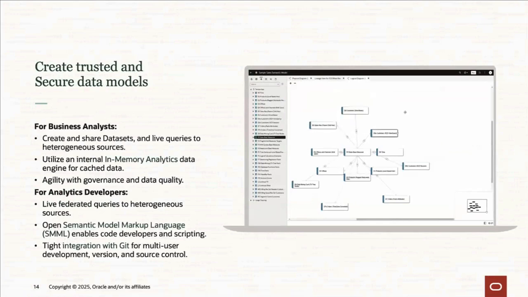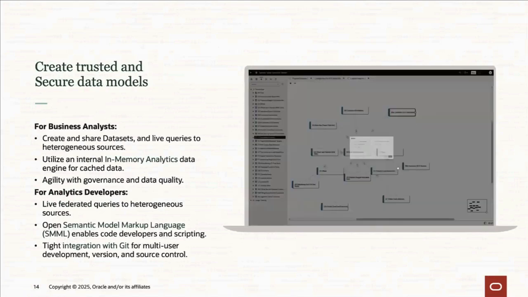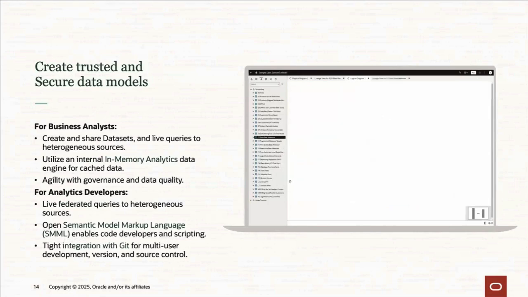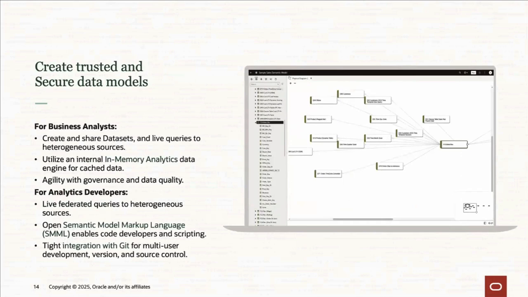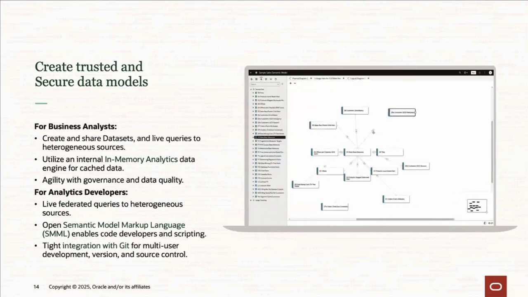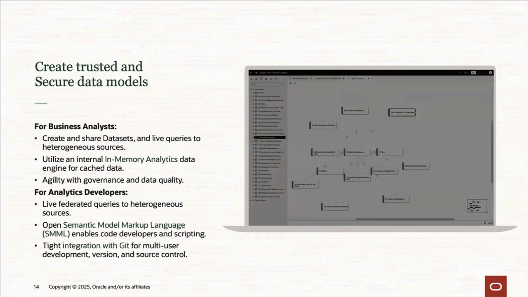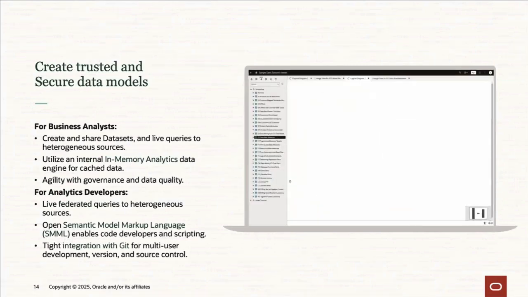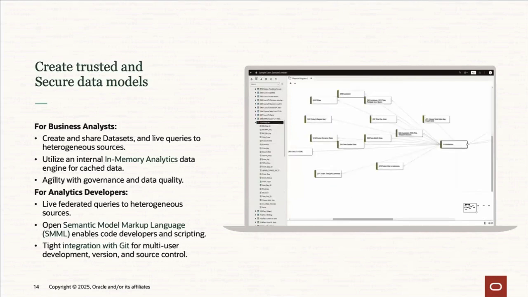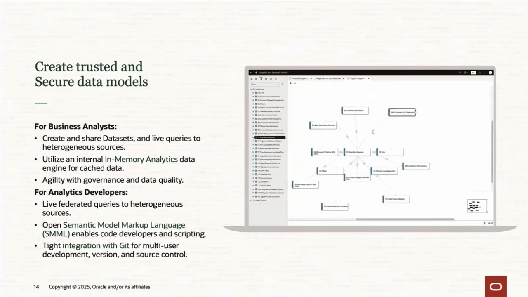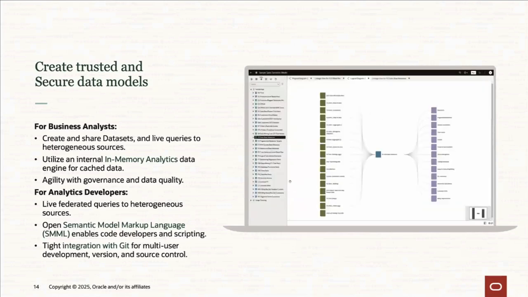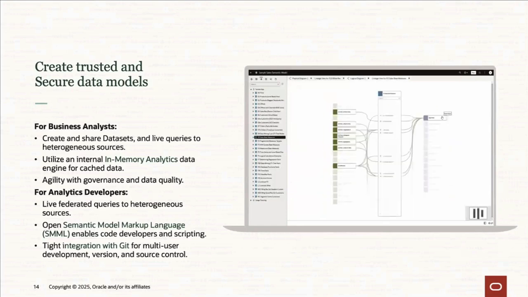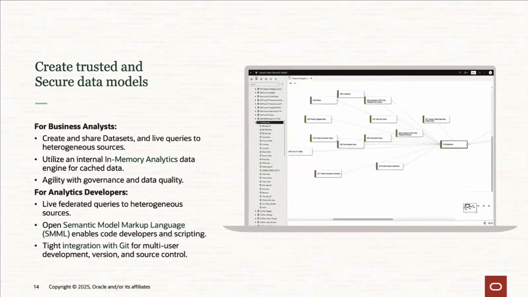We also have the ability to create and secure your large data models. For your business analyst users, this could be something as simple as having a shared data set with live queries to your heterogeneous sources. For your performance, OAC is going to utilize an in-memory analytics data cache, so it will know when it is supposed to prioritize your queries versus when it's supposed to prioritize other operations, which will help with your speed. And using this along with your different governance tools, you can allow for separation within your database to really help you nail this data quality aspect and governance.